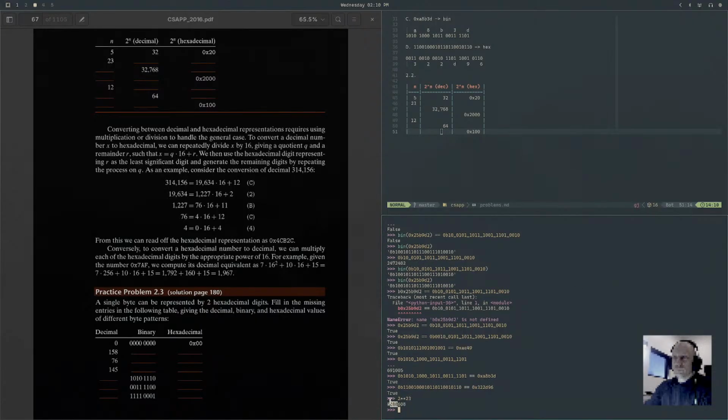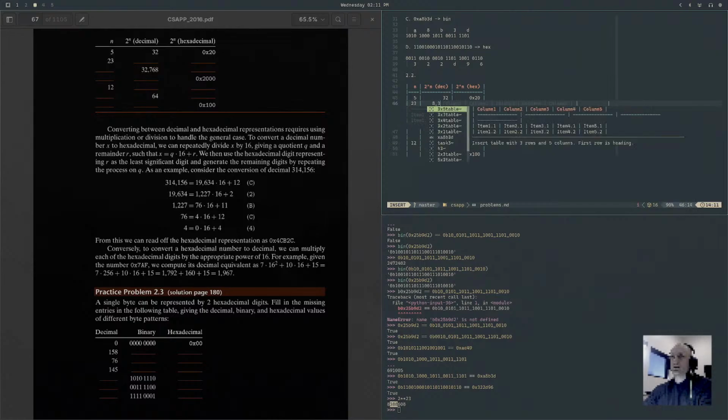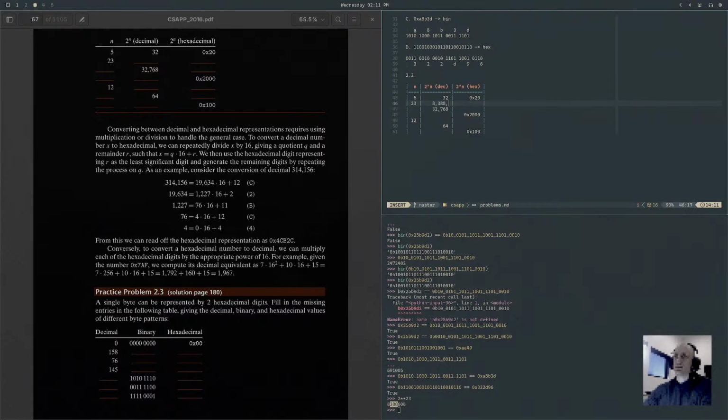Yeah, a little over 8 million. So 8,388,608. And then over here in hex,